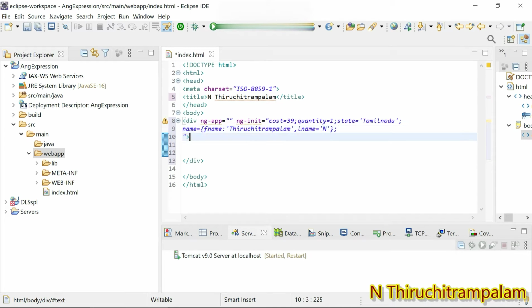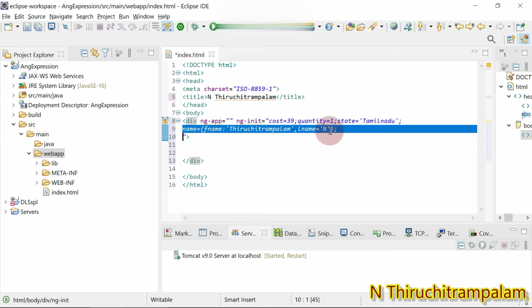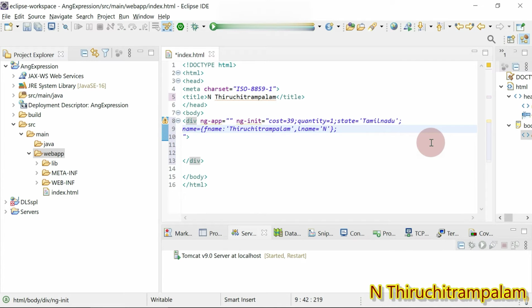That's it. This is the way we initialize the object. If you want, I just give roll number colon 43. That's it.